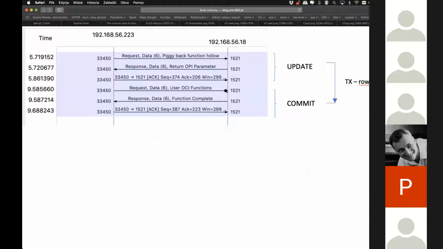So the length of the transaction, an immediate transaction like this, is from execution of an update, so 1 packet, 2 packets, 3 packets, 4 packets. 4 packets have to be exchanged between client and server in order to perform update